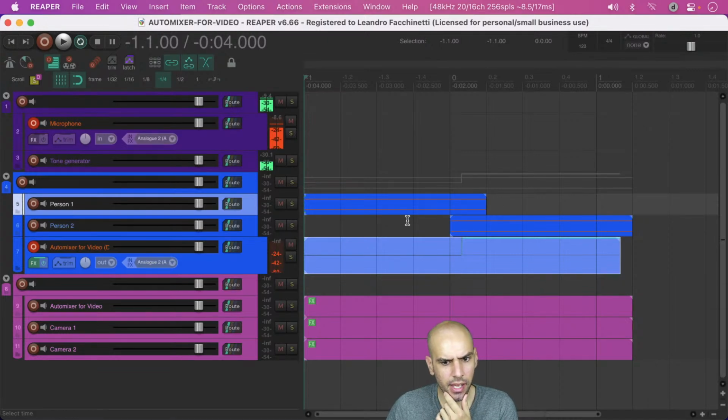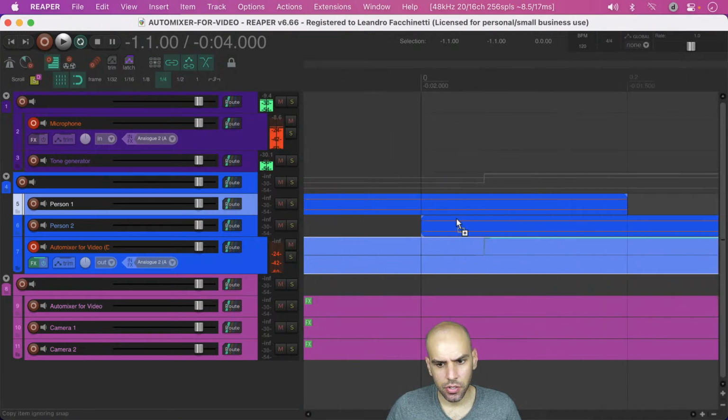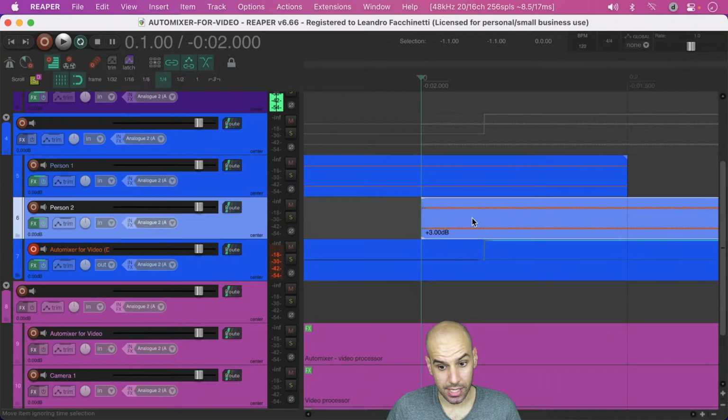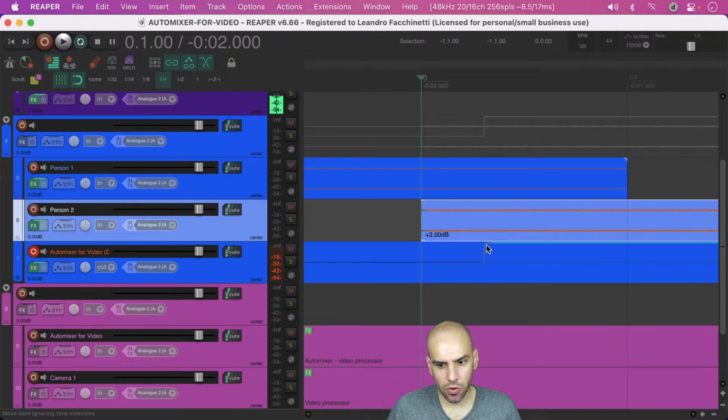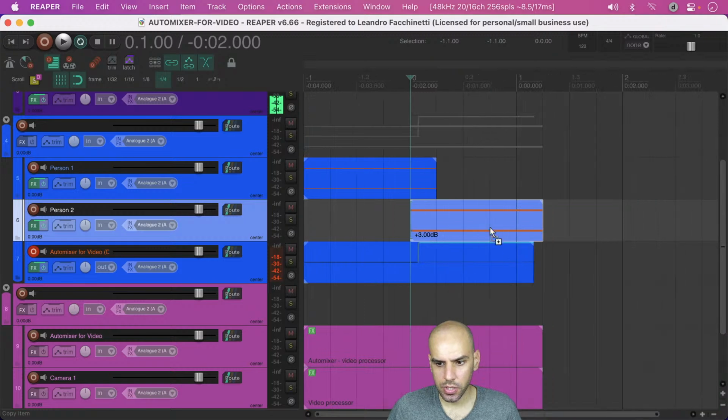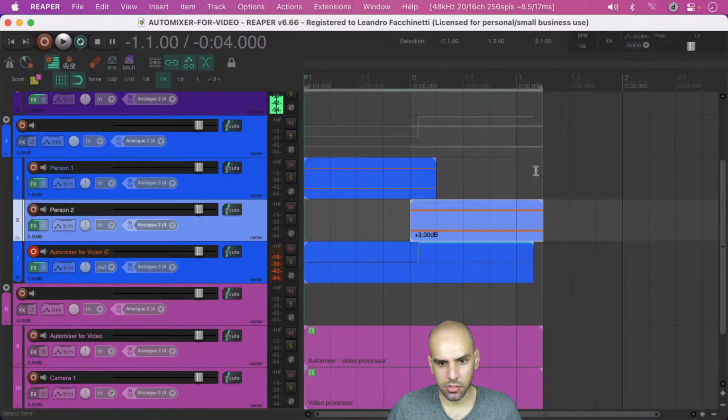Anyway, we have here a setup to show attack. You can see that when person 2, who is louder, starts speaking, it takes a little bit of time before the scene switch actually happens. That's why you see this line coming up after this transition. Let's try to come up with something similar, and in fact, let's annotate, because I think that perhaps this REAPER project will become sort of a test.